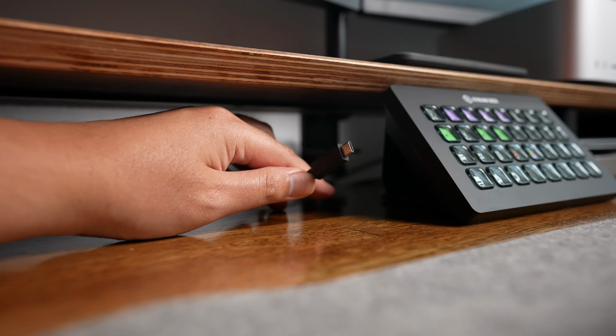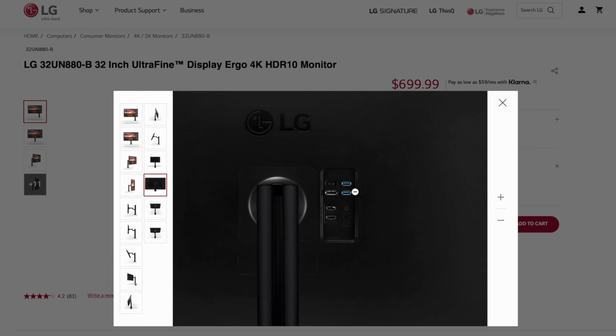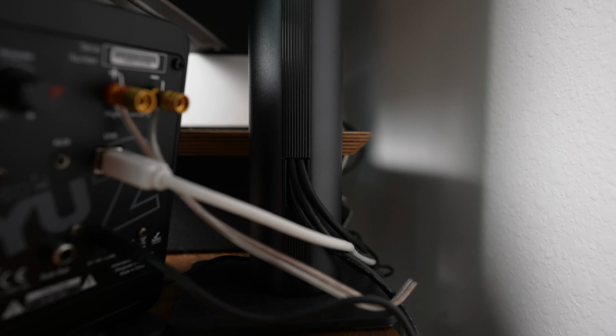the desk. What I really like about these is the fact that they have USB-C for power, a USB hub, and display support all through this one single USB-C cable. This means you can plug your laptop into this, charge it, and use the display and the built-in USB ports on the back of this monitor pretty much all at once. To make this monitor sound even more fantastic, it has cable management built into the stands, cleaning up the mess